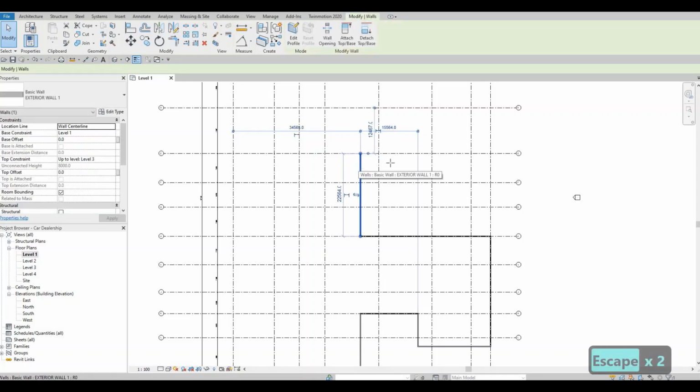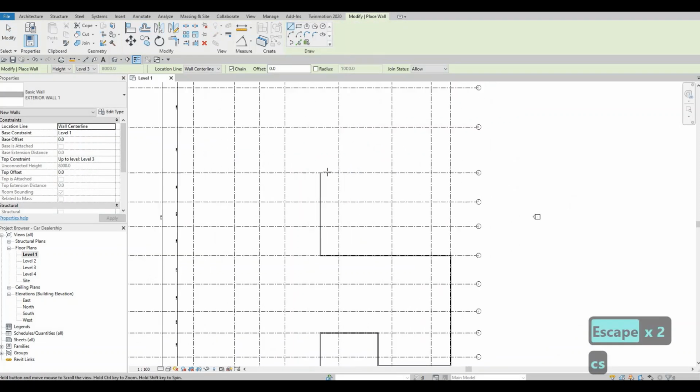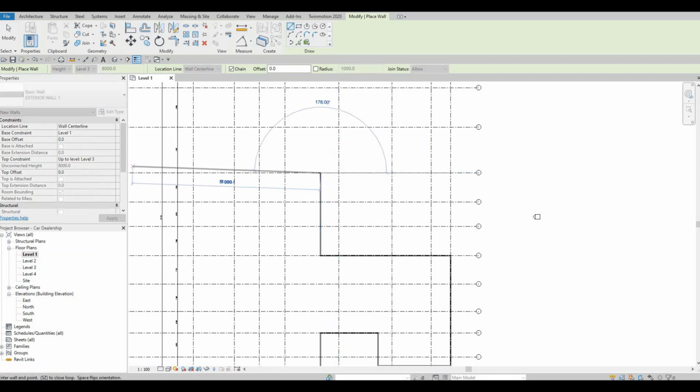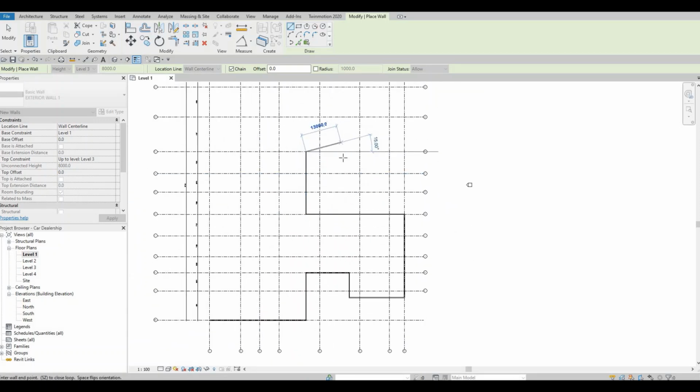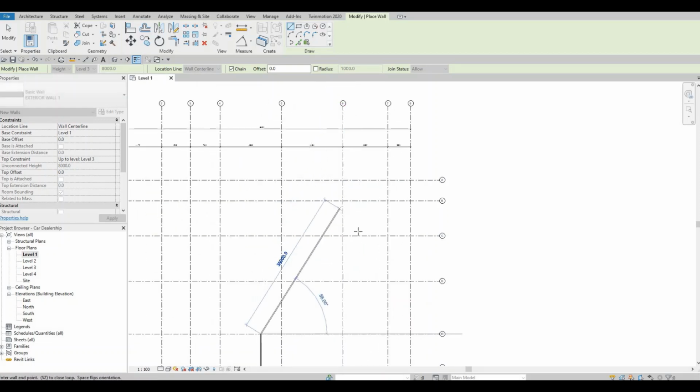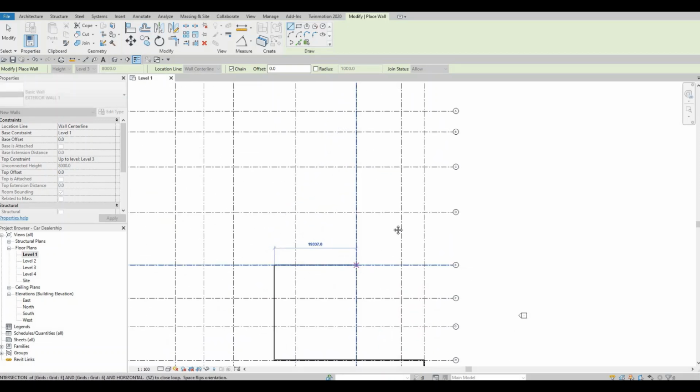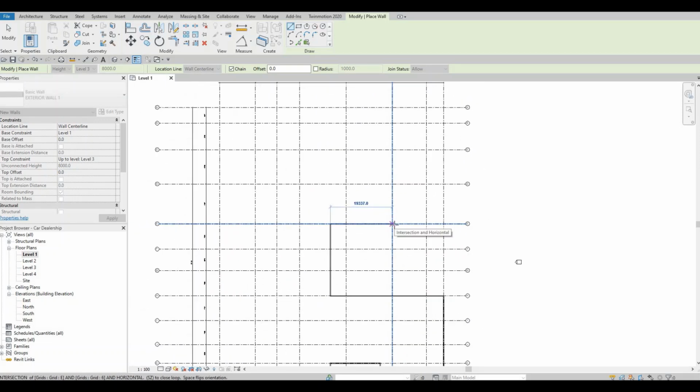And then select that again, CS. We need to add it around here up to, this will be grid line 6. So grid line 6 is right about here. So just connect it there. So that's E6. And then now going up,